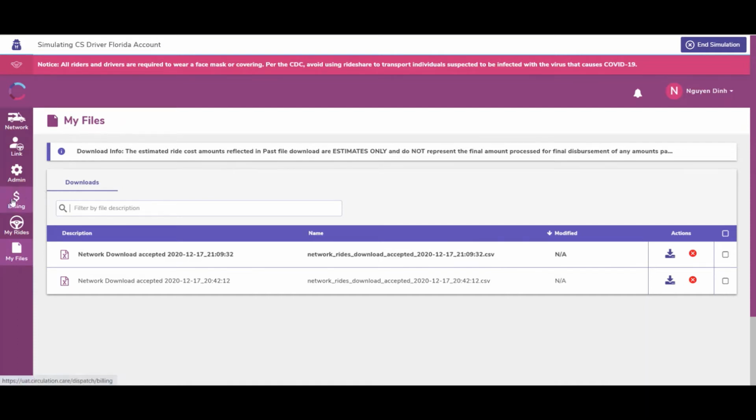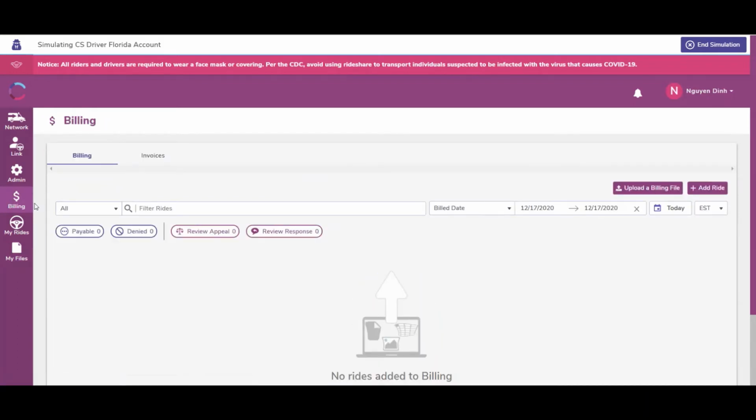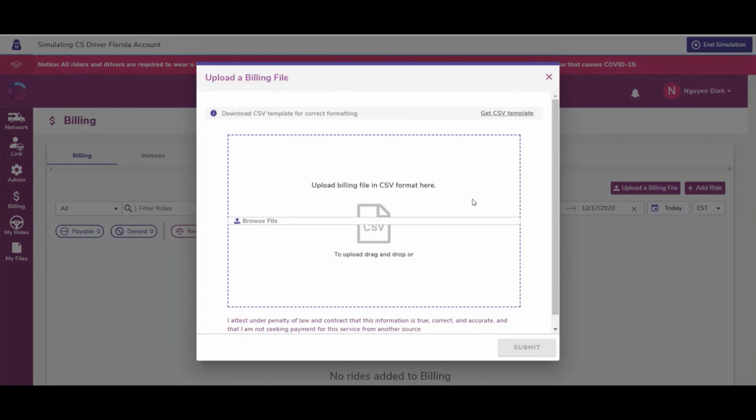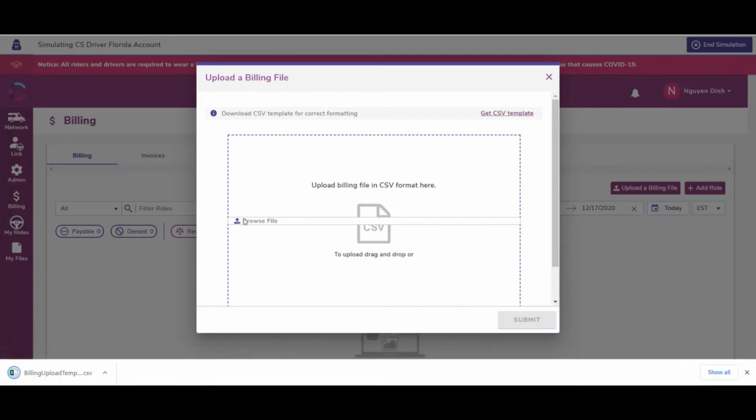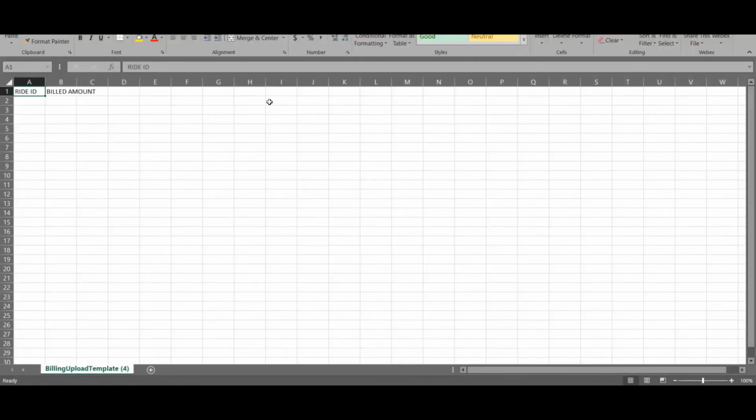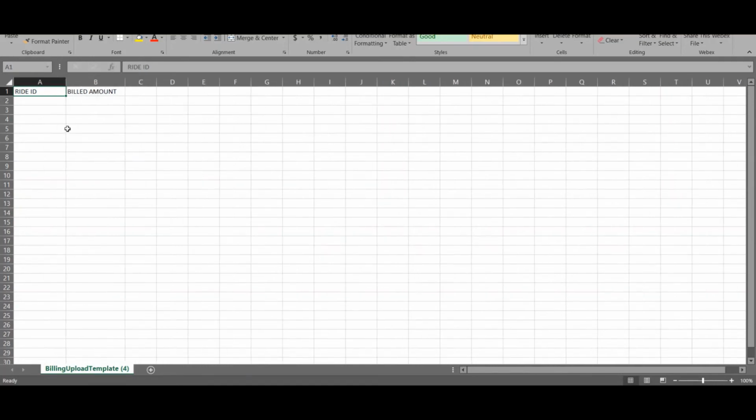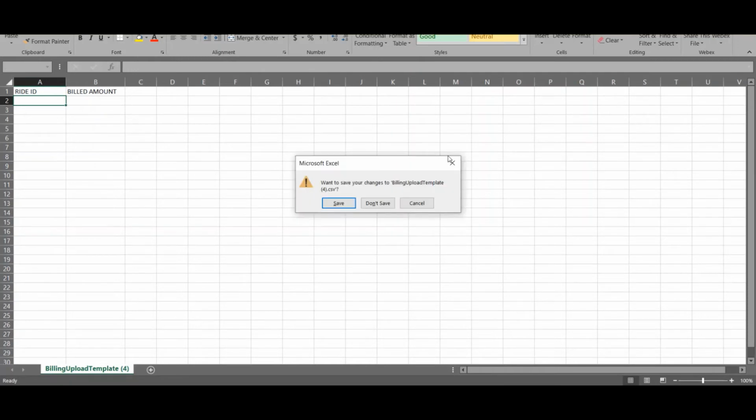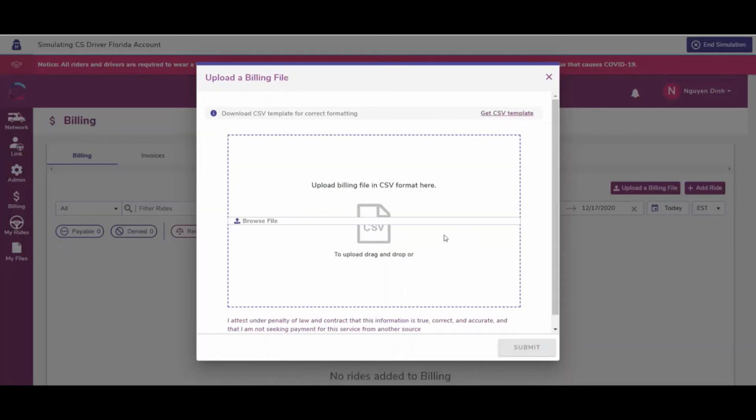So let's talk about billing. So we make billing quite easy for you. In this billing tab, you will see this button right here. This is where you want to upload a billing file. But before you do that, we want to make sure that you're using the right CSV template. So simply click on that and it will download the CSV template here with the ride ID and bill amount. So this is where you would enter all that ride ID from the manifest and the bill amount and save that to your computer and simply upload that file back up here